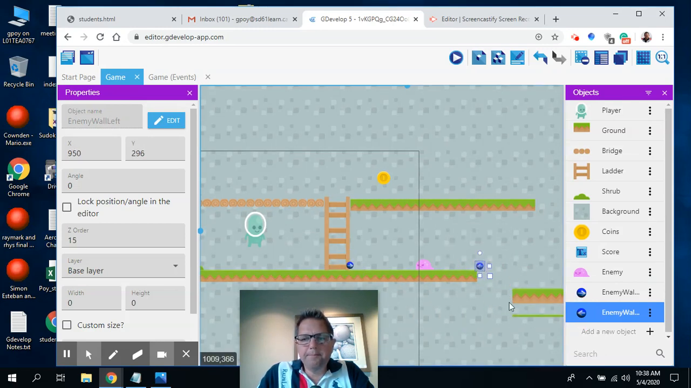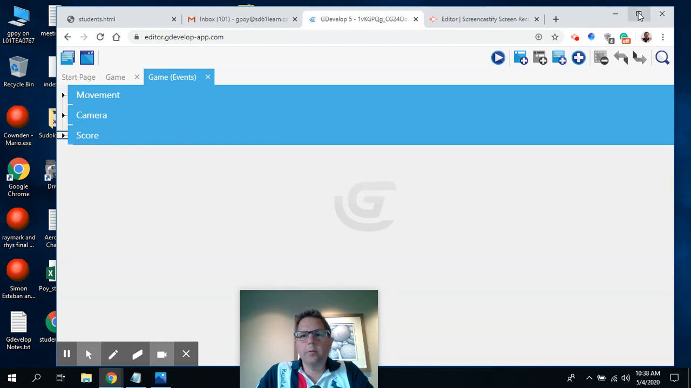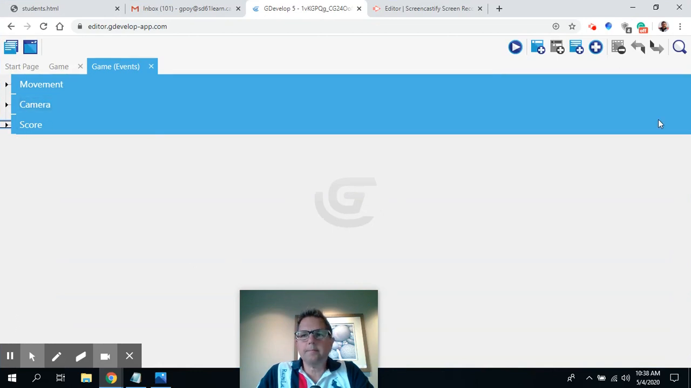Looks pretty good. And so if the enemy is going to hit it, I can add events and actions that are going to make the enemy move to the left or move to the right. So let's start by going to my game events. And so here we have my game events, and we finished with the score last day. So what I'm going to do is we're going to add another